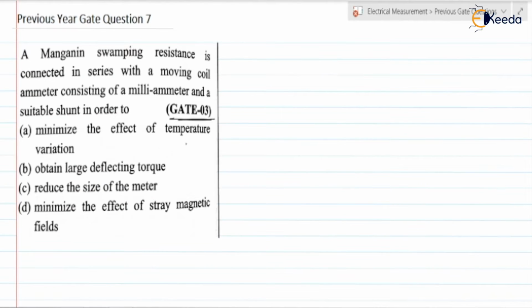Previous year GATE question number 7. Let us read the question. A manganese swamping resistance is connected in series with a moving coil ammeter consisting of a milliammeter and a suitable shunt in order to. So a swamping resistor is generally used